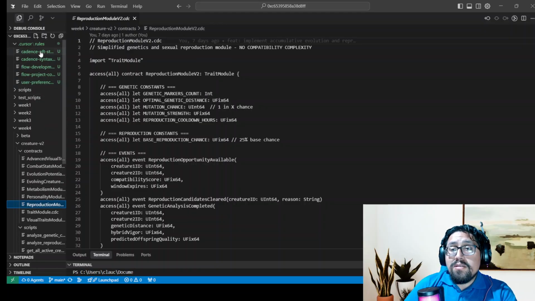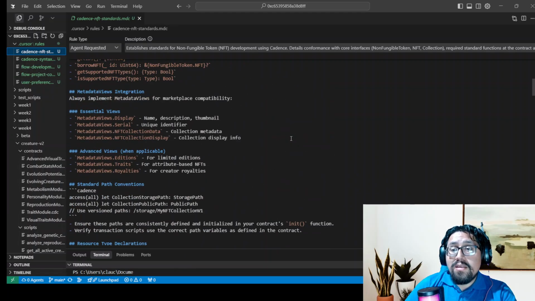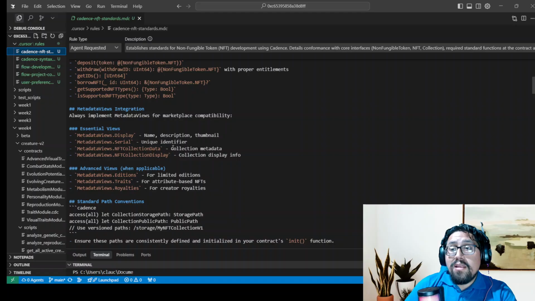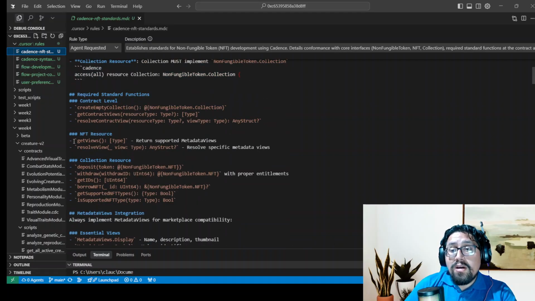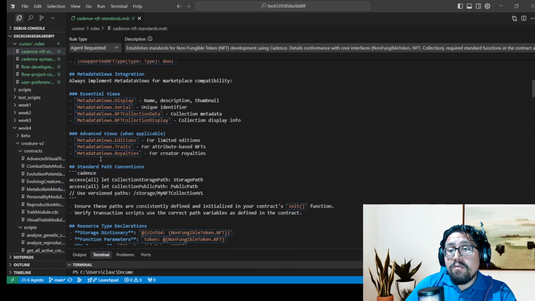So these rules teach the agent how to use it, how to access the NFT, how to make this correct, how to use metadata integration, and